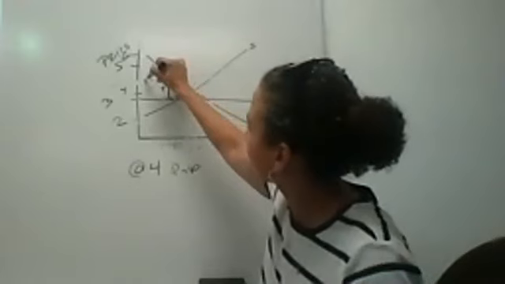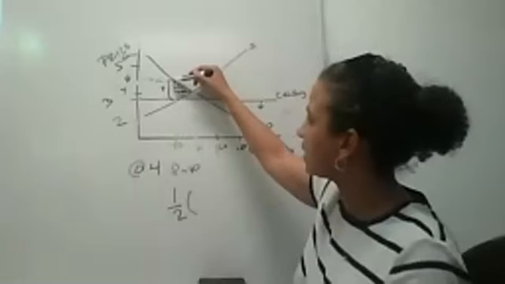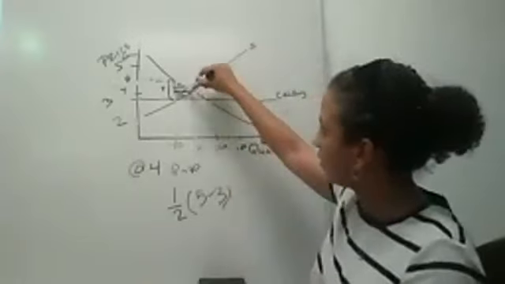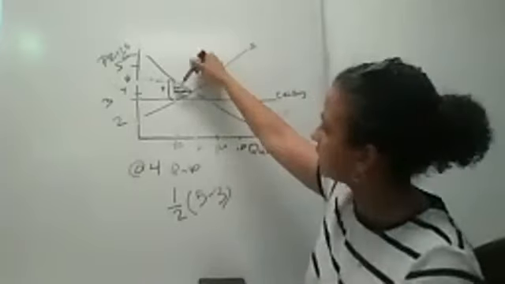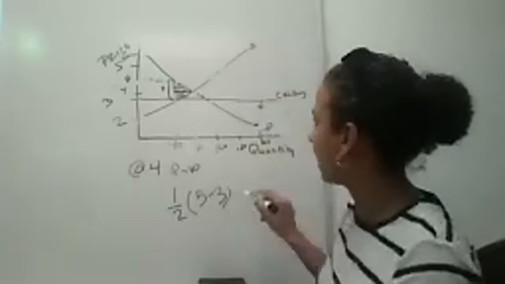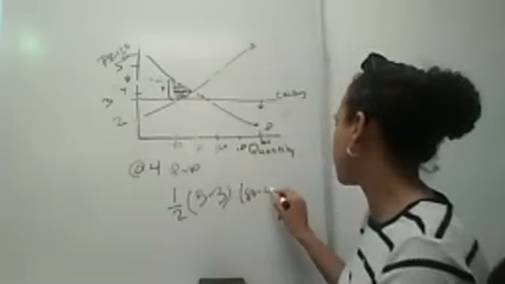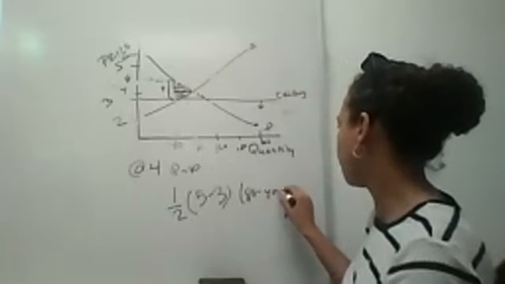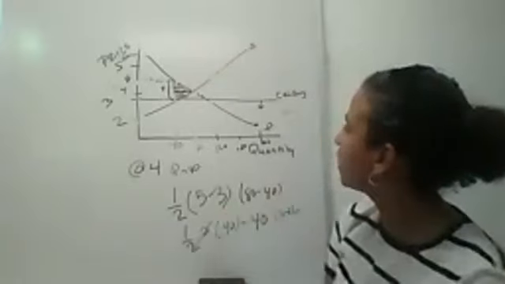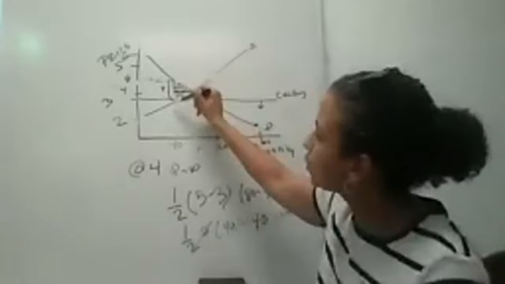So to figure that area out, that's a triangle. You're going to take 1/2. The height of this is 5, minus this 3 here. And then you're going to figure out this length here, which is the difference between 40 and 80. So 80 minus 40. Then I have 1/2. 5 minus 3 is 2. So the deadweight loss. Also, if you notice here, because we have a price ceiling, notice